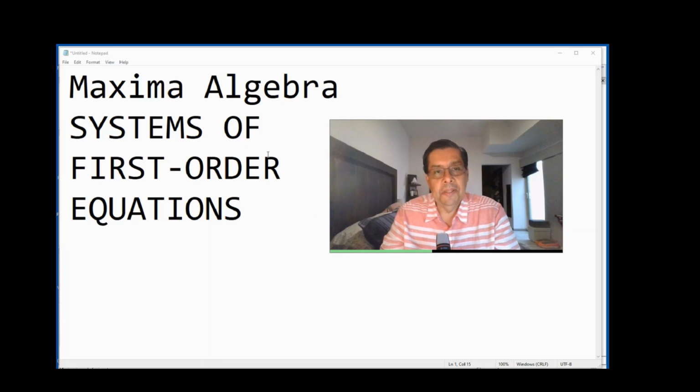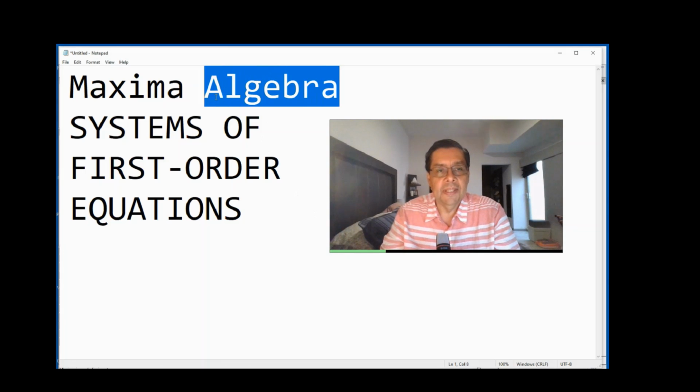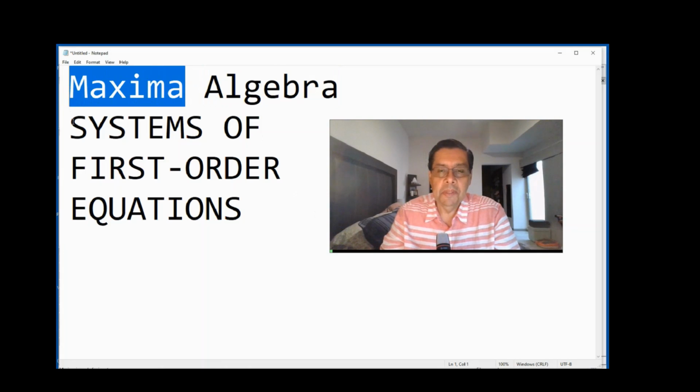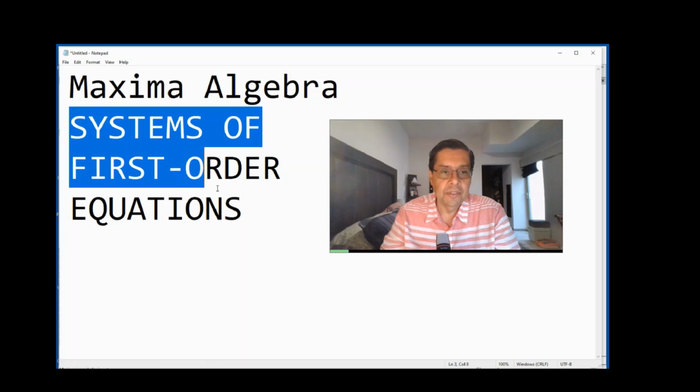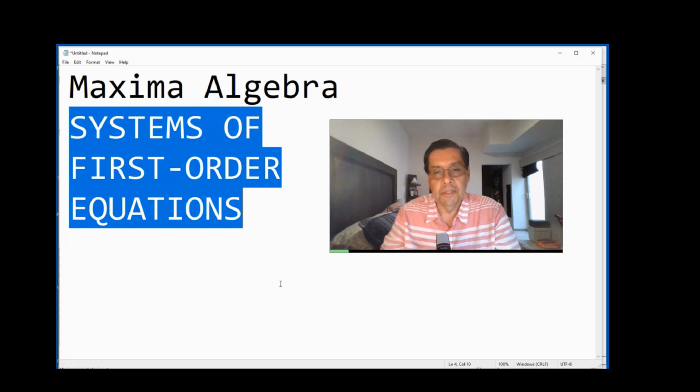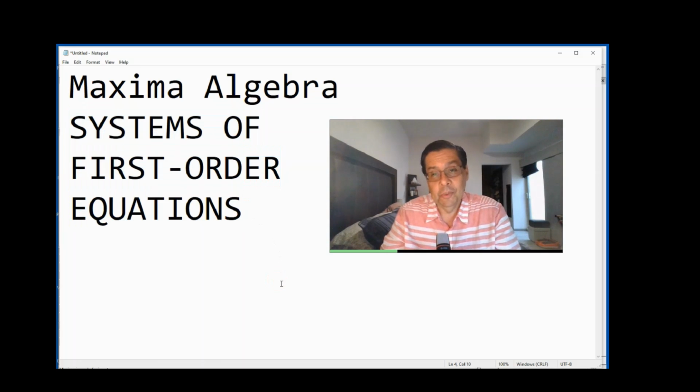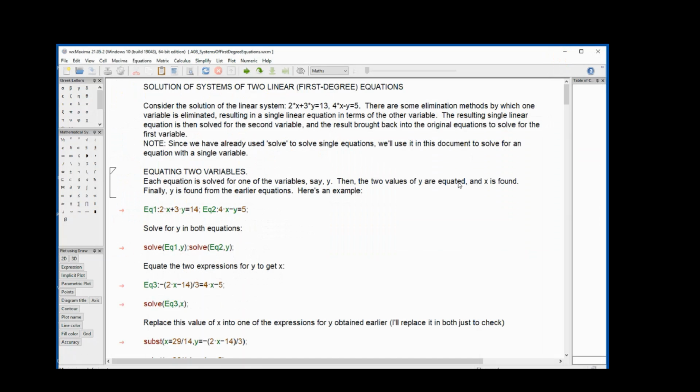In the present video, we're going to continue our series of algebra using Maxima, and we're going to see how to solve systems of first order equations, systems of linear equations, simple ones with two variables. But just to give you an idea how to get started with the things, we're going to start with our worksheet